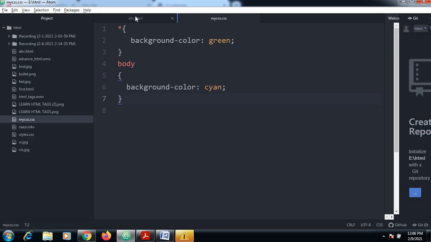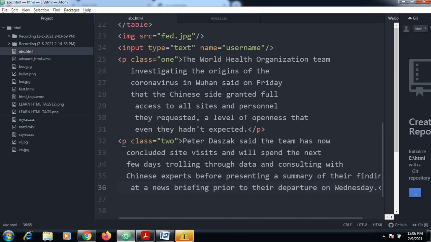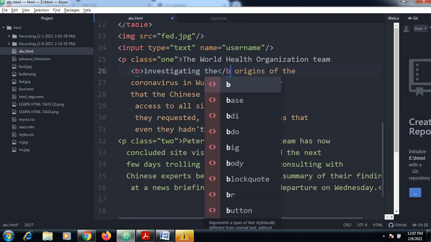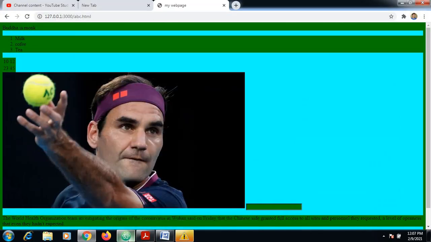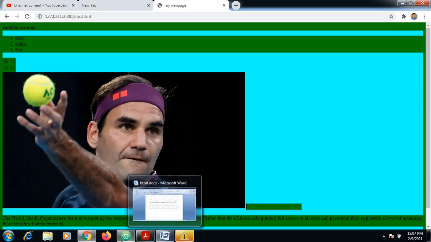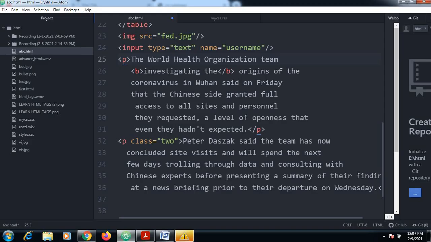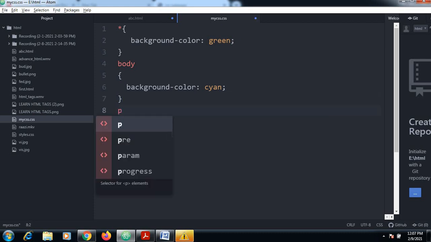Only for this bold content we want to change, so p of b. So here I want to change this. So instead you can have p of b.